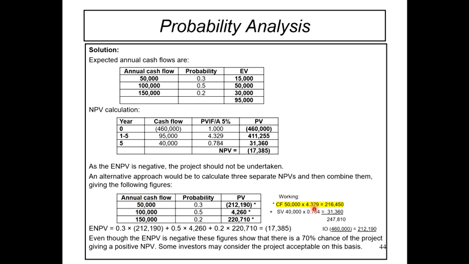You still tengok dekat 5%, 5 tahun PVIFA punya table, you akan dapat 4.329. So you akan dapat lah 216,450. And then you akan tambahkan salvage value. Salvage value 40,000. Darabkan pula dengan PVIF year 5, 5% tu akan dapat 0.784. So you akan dapat 31,360. Tambahlah dua, you akan dapat 247,810. Tetapi kita kena tolak dengan initial investment, iaitu 460,000. Barulah you akan dapat you punya PV.